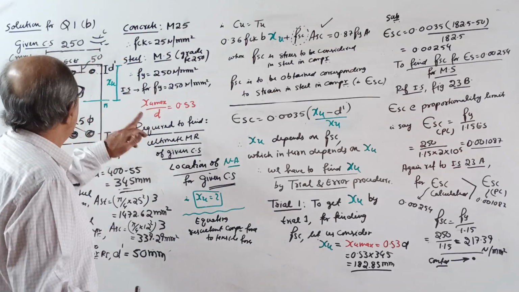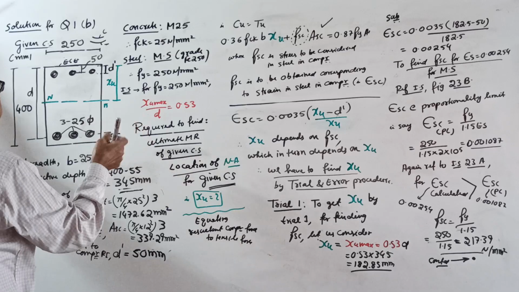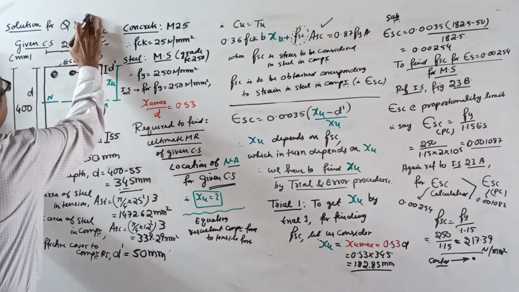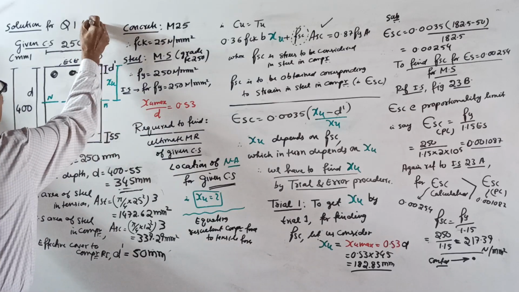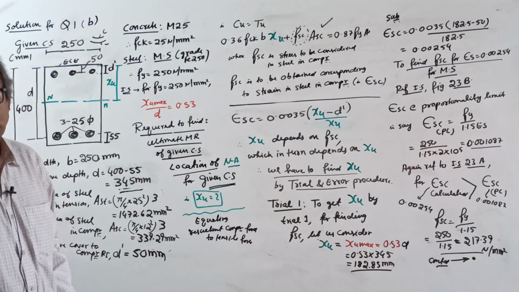See, the question I will dictate. You can see, last time what I wrote, I changed the numbers. So this is question 1, B. B is correct. I changed already. Question 1 I told for mild steel. So the question,